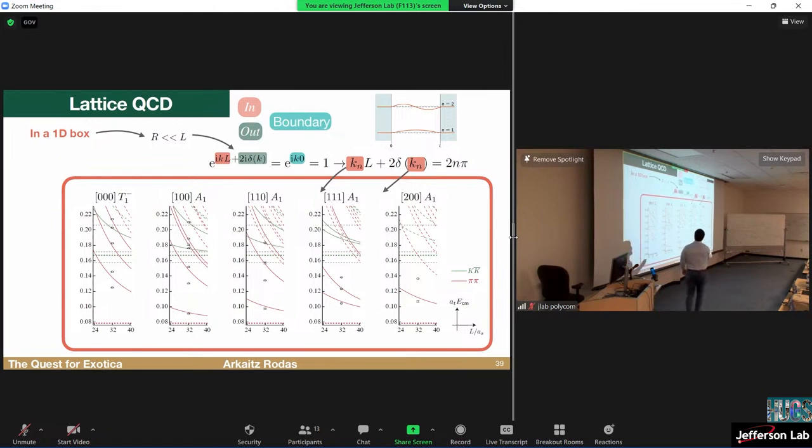Now, because I have boundary conditions, and I define the ordinary ones, the simplest case, we recover a quantization condition. You probably have done exercises like this in quantum mechanics, with or without interaction, so you get the quantized levels. These Kn are the quantized levels in the box. These Kn are the energies we are determining in the box. So what is this equation at the end of the day? This is an equation that tells me what the phase looks like if I give you the quantized levels in the box, which I just calculated.